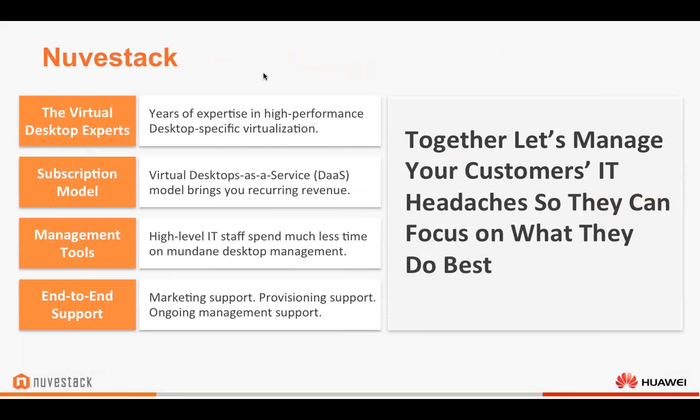No problem. So first, a little background about Nuvistack as a company. We all come out of desktop virtualization and software as a service and data center platforms. So the company is focused completely on building a turnkey desktop as a service offering that's white labelable and brandable to your specific branding as a partner. So we're very partner focused in terms of supporting our partners and letting our partners turn around and offer their own custom branded desktop as a service offering.